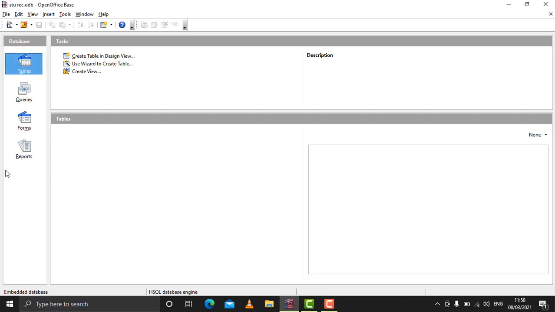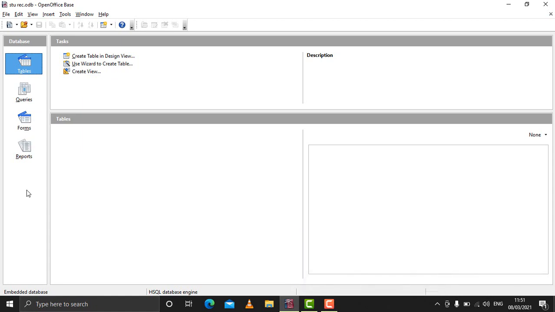The database window contains these options, and these options work like buttons. So basically the name given to these components is object button. Table, query, form, and report are the object buttons which are present in the database window.